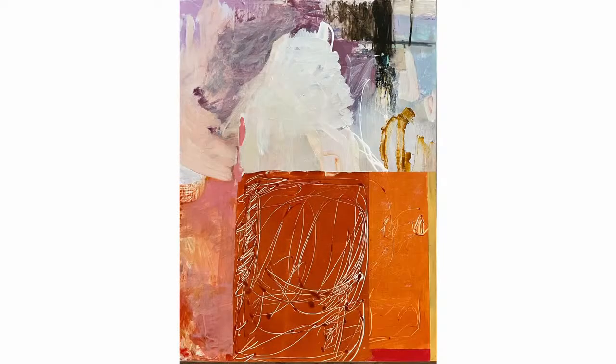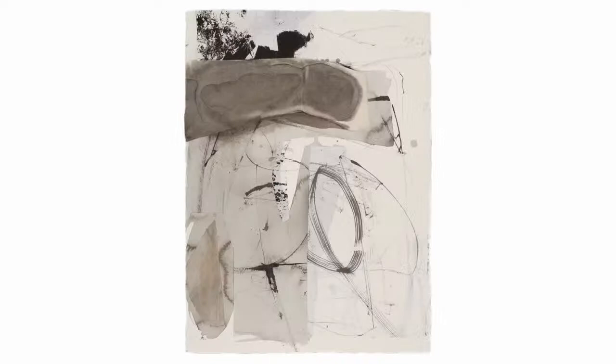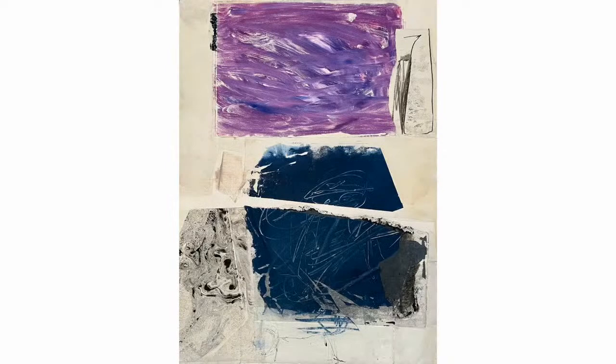It's the synergy of the parts, the synthesis of the layers that come together to form Fran's signature style. Fran says, "Images feed my soul and my art. It's a spontaneous act with permanent results." Fran's layered artworks certainly have depth, and to me a sense of mystery about what lies behind the strokes and